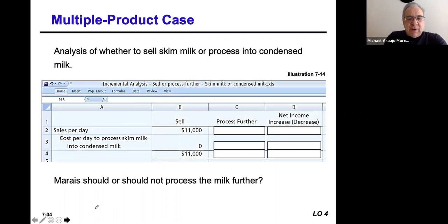Okay, so if we sell the skim milk, it's already skim milk. We'd make $11,000 per day. There's no additional processing cost since it's already skim milk. So that would be our profit. However, if we were to sell the condensed milk, we would have $26,000 of revenue per day, which is a lot. We would have to incur $8,000 in additional costs per day, which is also a lot. However, it looks like we're going to